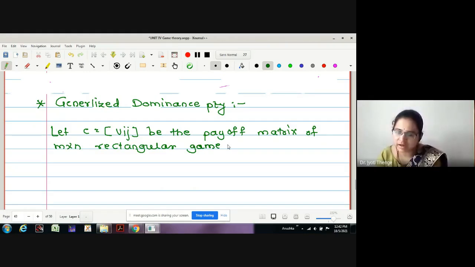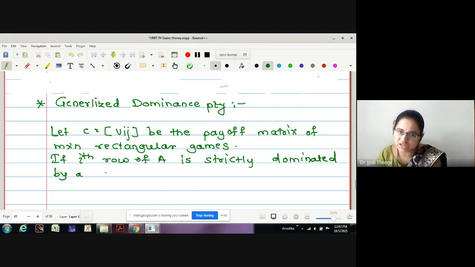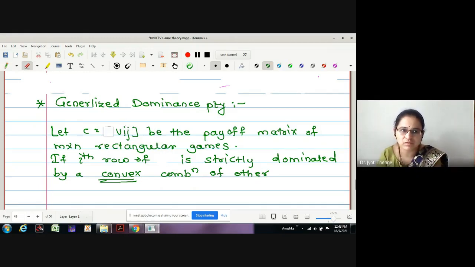If the ith row of C is strictly dominated by a convex combination of other rows of C,